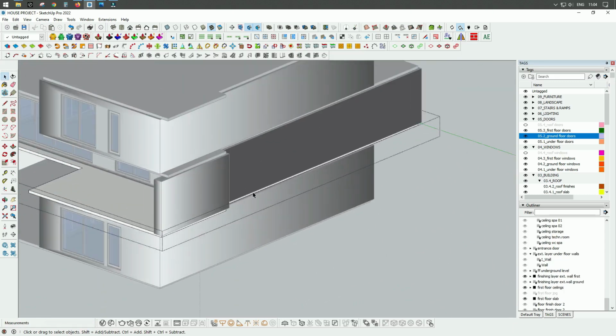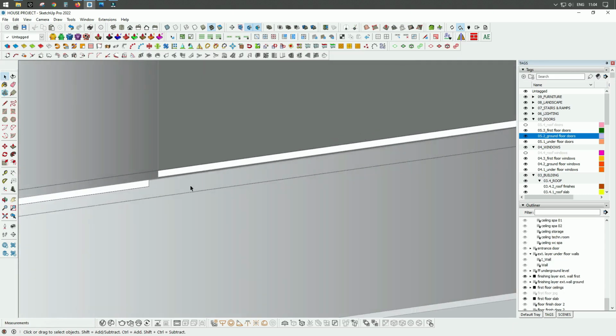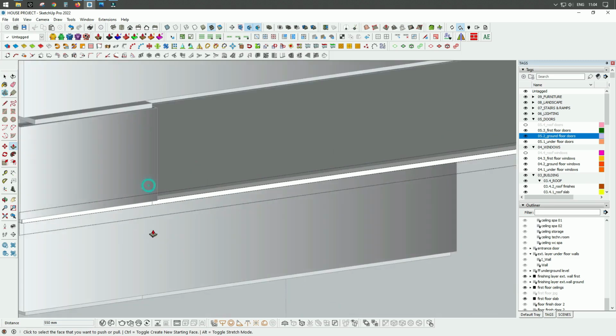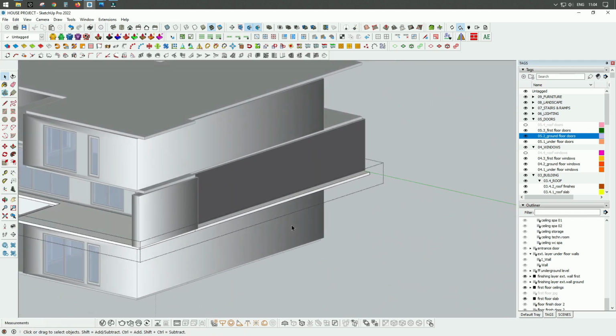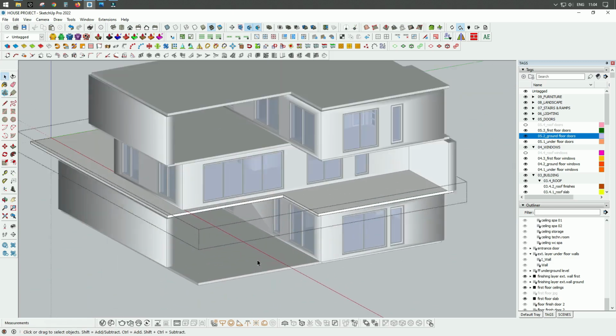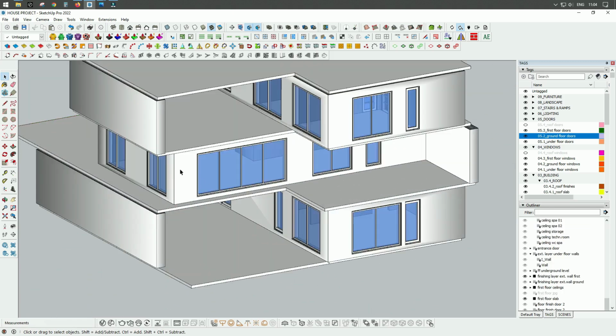And probably here I will extend also this frame up to this one, and I will do the same now with the rest of our floors,